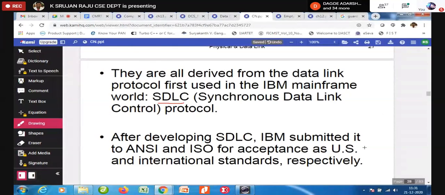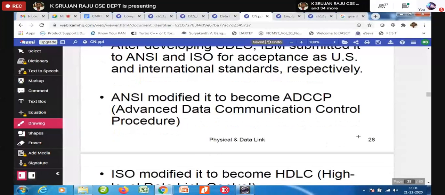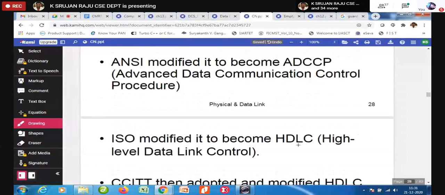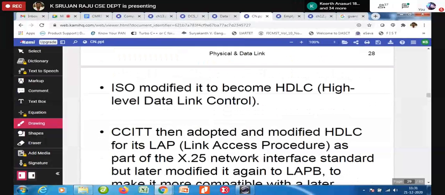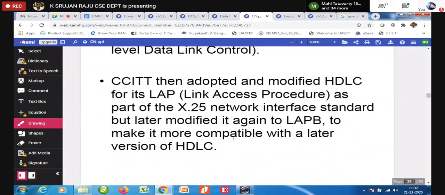ANSI modified it to become ADCCP, Advanced Data Communication Control Procedure, and ISO modified it to become HDLC, High Level Data Link Control. CCITT adapted the modified HDLC for its LAP, link access procedure, and finally we are going to be compatible with the later version of HDLC.